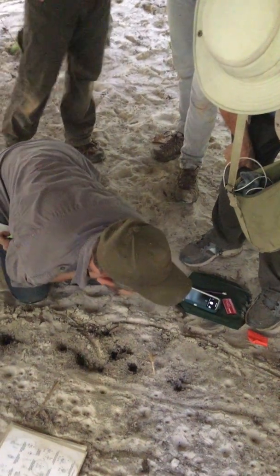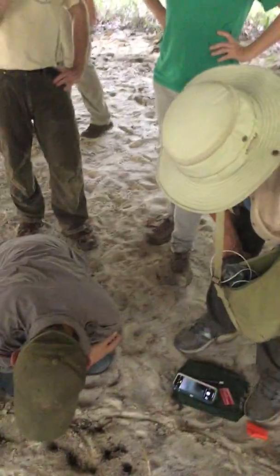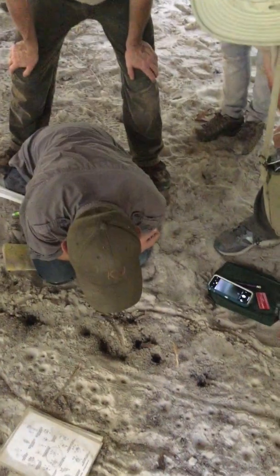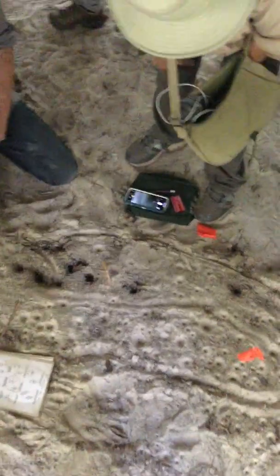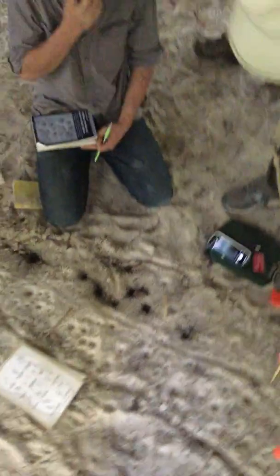I'd love it if that was what it was. Yeah, it's just the right size and everything. I'd say probably one baby, not a whole bunch, but I mean, that would be very cool. It would have to be just one because of the trough, the appearance. Yeah. Well, that's really cool. That would be awesome. But that would cover up the rear tracks as well. Maybe. I mean, in some places it would, but if she's got them out the side and the baby's dragging more or less under her tail. Yeah, and it could be that she,